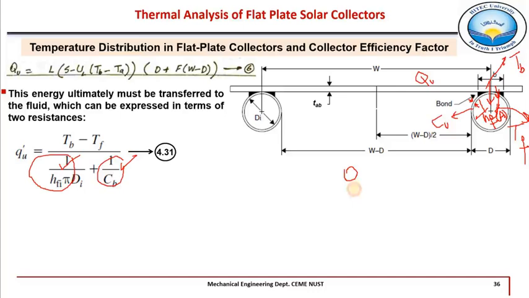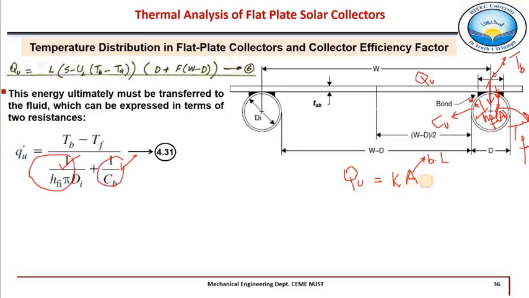So we can write the equation for conduction heat transfer, which is given by K, A. Now A, what is A? The area of heat transfer. So in this case, what will be the area? Area will be this breadth of this welded bond multiplied by length, in the direction into the slide or out of the slide. So this A here represents B into L. This area through which heat is transferred is given by breadth of this bond multiplied by length of this bond,